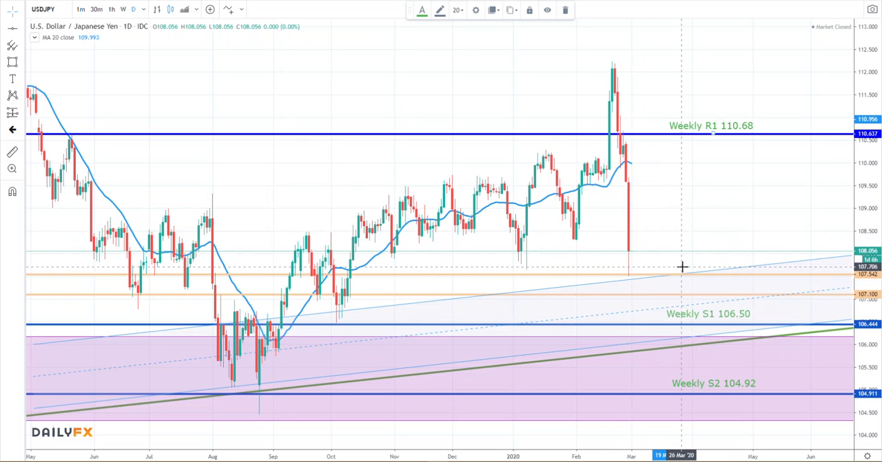Wait a couple of days to see how price action proves out. If I'm buying, I'm going to put my stops below weekly S1 at 106.50, because if price action starts moving down through there, then I want to see what's going on and consider whether or not I should still be of a bullish sentiment. In order to be bearish, I need to see a break below weekly S2 at